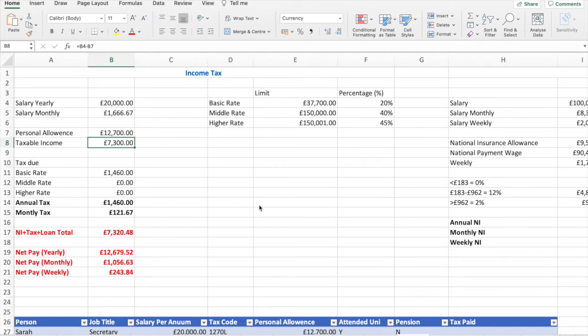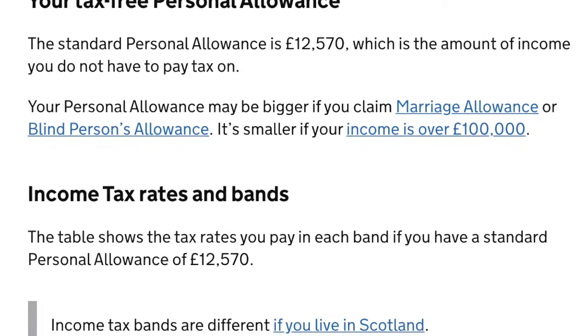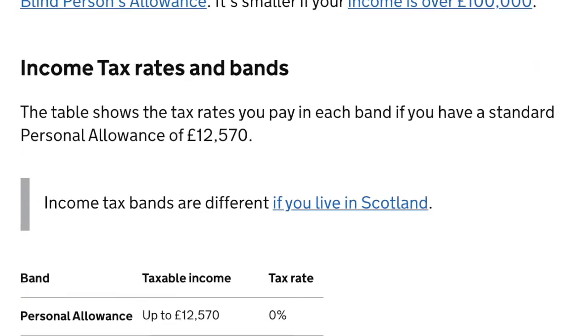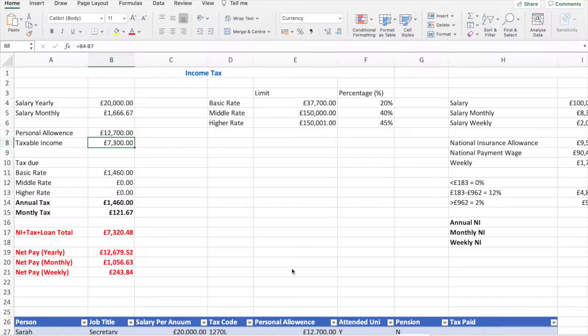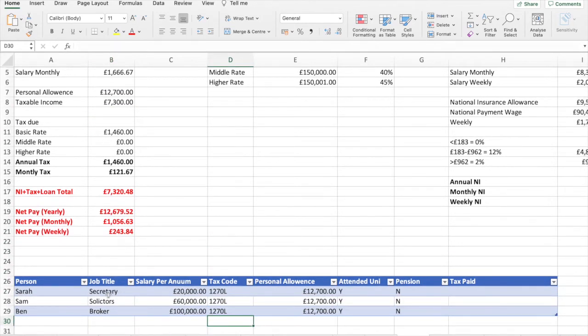What I'm doing in this spreadsheet is taking what we've seen on the UK government site in terms of income tax thresholds and personal allowance, and we're going to be giving real examples. So here I prepared 3 different people, all with 3 different job titles and 3 different salaries. So we have Sarah the secretary on 20,000, we have Sam the solicitor on 60,000, we have Ben the broker in the city on 100,000. They all have the same tax code of 1270 L, so they all have a personal allowance of